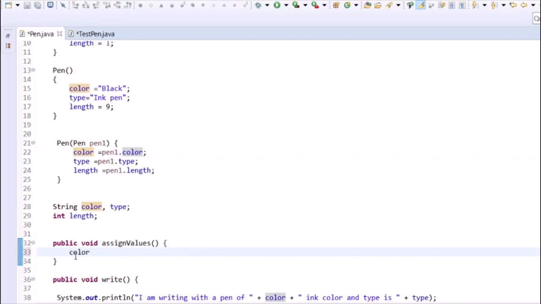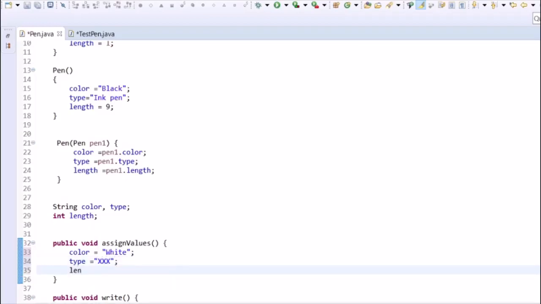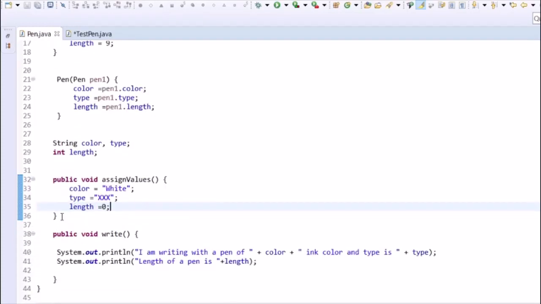So here for color I will assign white, for type something like ballpoint, okay, I'll just write xxx, and for length let's make it 0. So this is assign values.